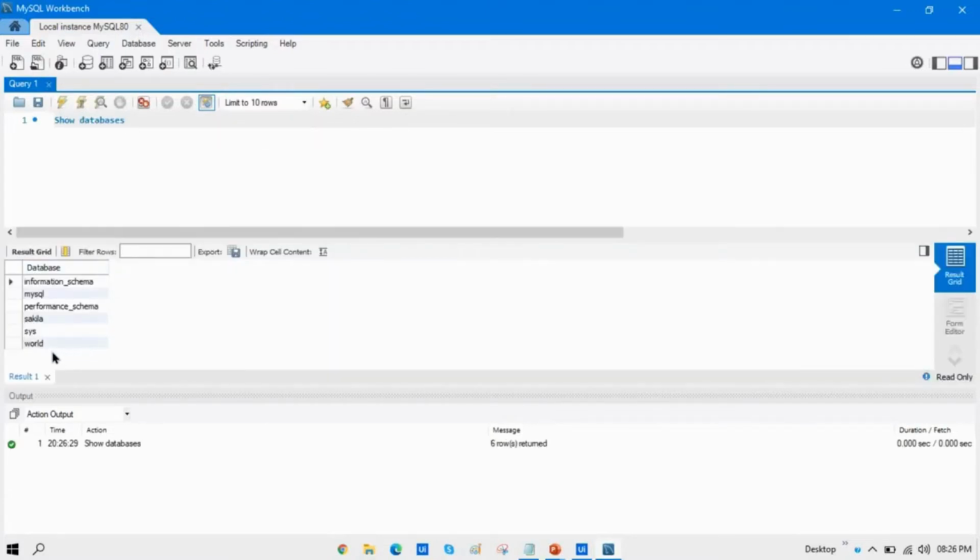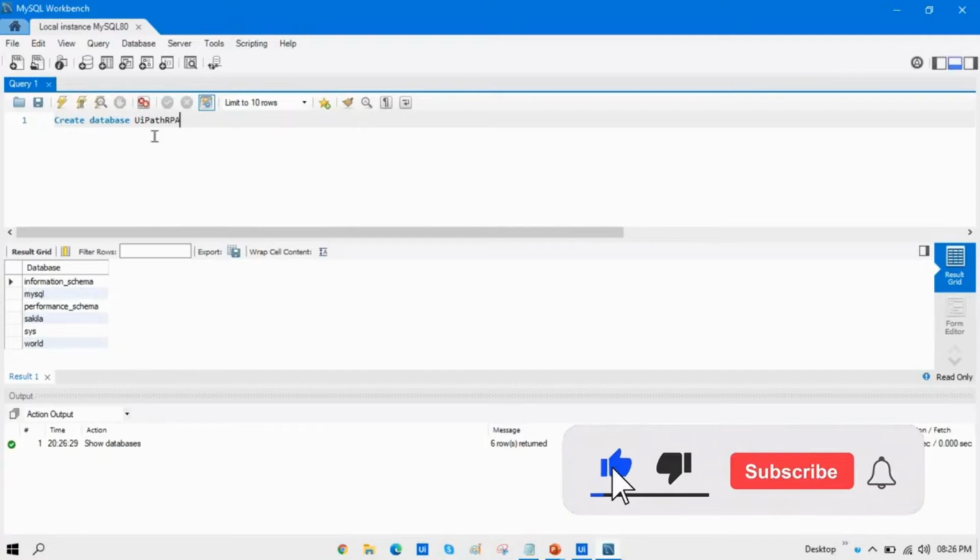So it is showing currently we have these system defined databases available, but I'm going to create my own database. So for that we have to write create database and then the database name. So I'm going to create here UiPath RPA, right?